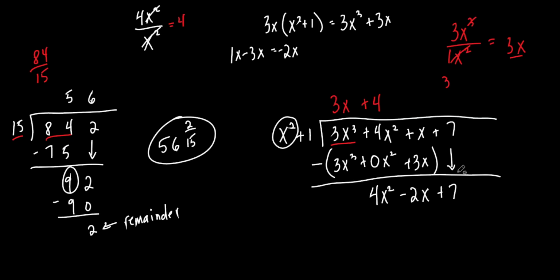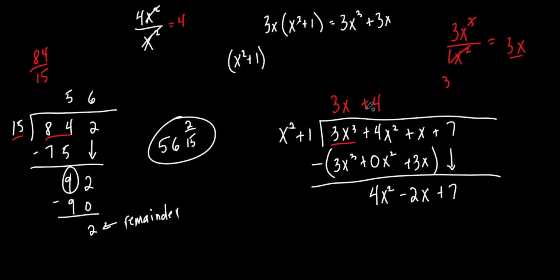So what are we going to do here? We're going to take this whole thing, multiply it by this, and subtract it. It's kind of what we did up here. So let's take that whole x squared plus 1 and multiply it by